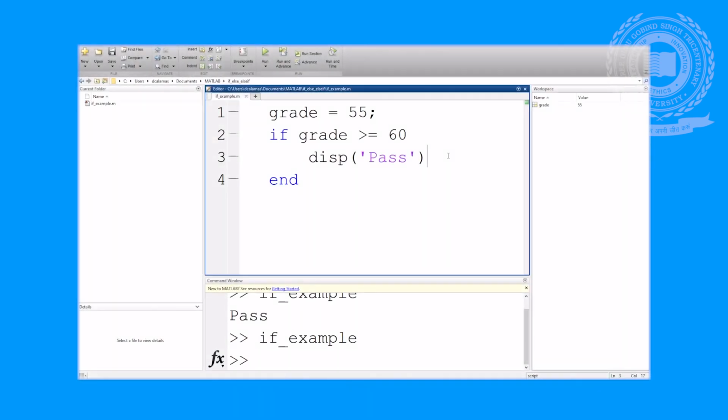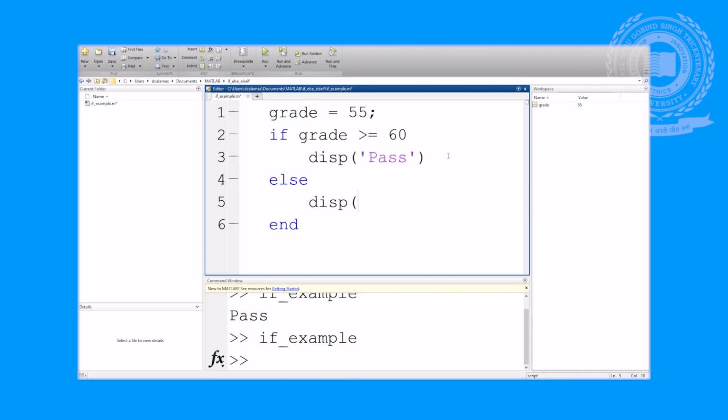The purpose of using the else statement is to add a second path that the program can take, and this ends up being really easy to implement. Right now we have: if the grade is greater than or equal to 60, then we want to display pass, or else, if that logical expression is not true, then we want to display fail, and that is actually it.